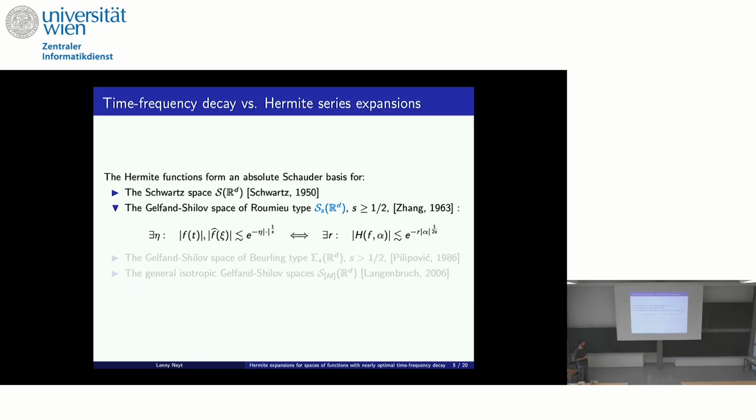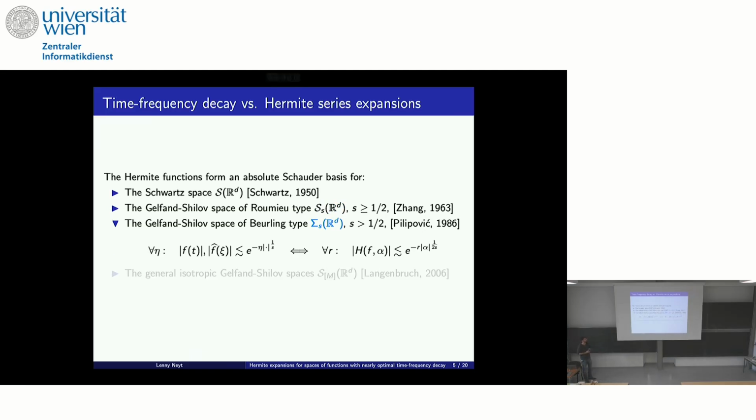Okay, and this is for some eta, and then actually more than 20 years later, this result was rediscovered by Filipovic, but he also looked at the Gelfand-Shilov subspaces, where you have this time frequency decay for every eta. Then again, we can detect this using the Hermite coefficients. All right, and like I said before, actually,